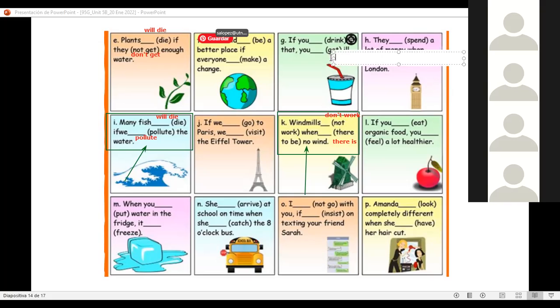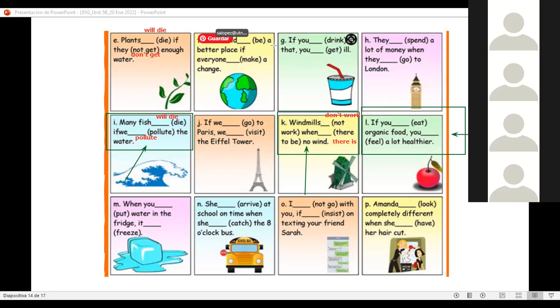Here we have another. Think if it's zero conditional or maybe first conditional. How would you complete this? ¿Cómo completarían este? If you organic food, you a lot healthier. Will it? ¿Cómo nos quedaría?